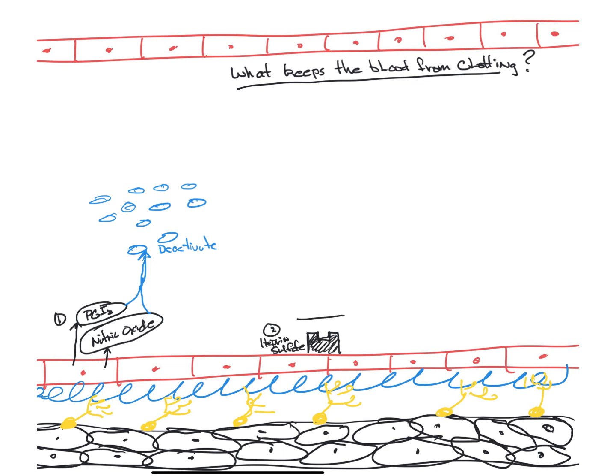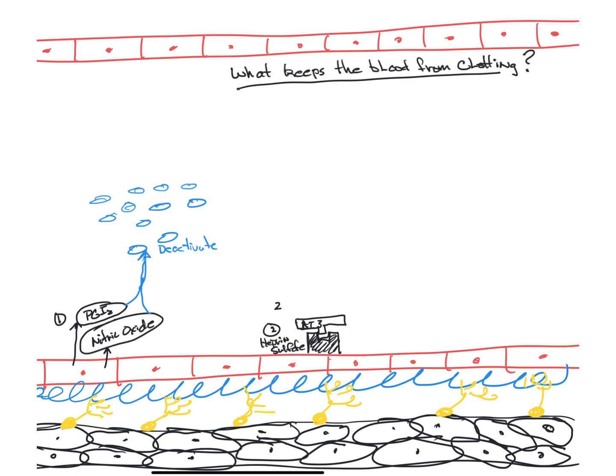So this protein comes along, fits in here and combines with it, and then they will deactivate your clotting factors. So the heparin sulfate, when it forms this complex with antithrombin 3, will inactivate your clotting factors